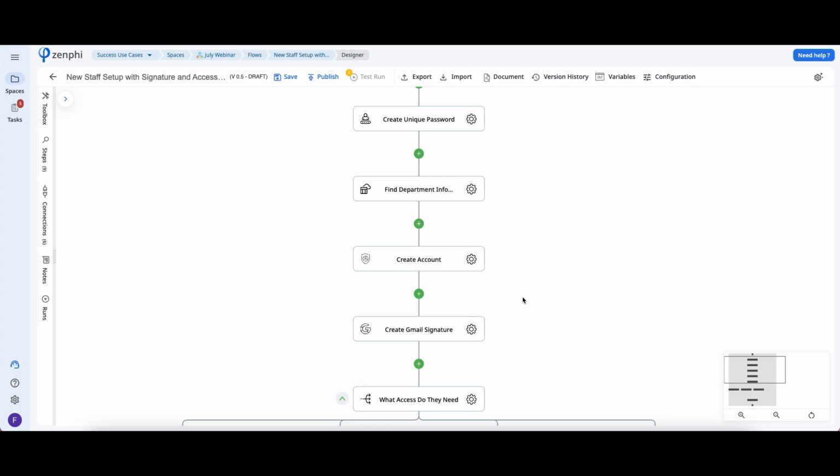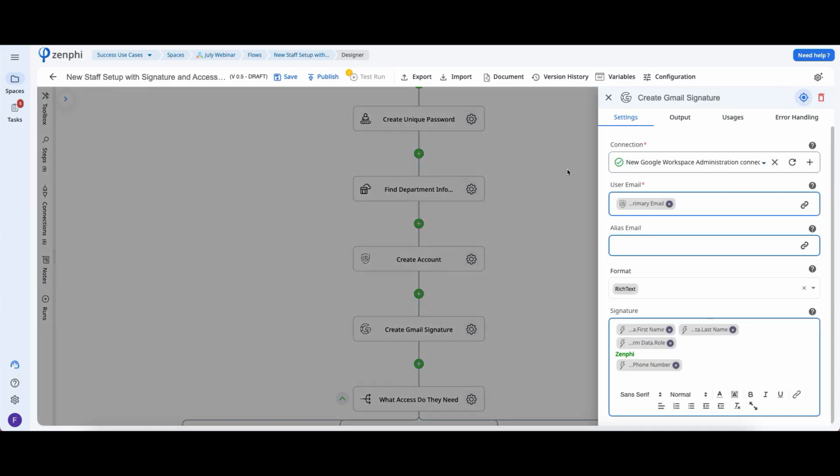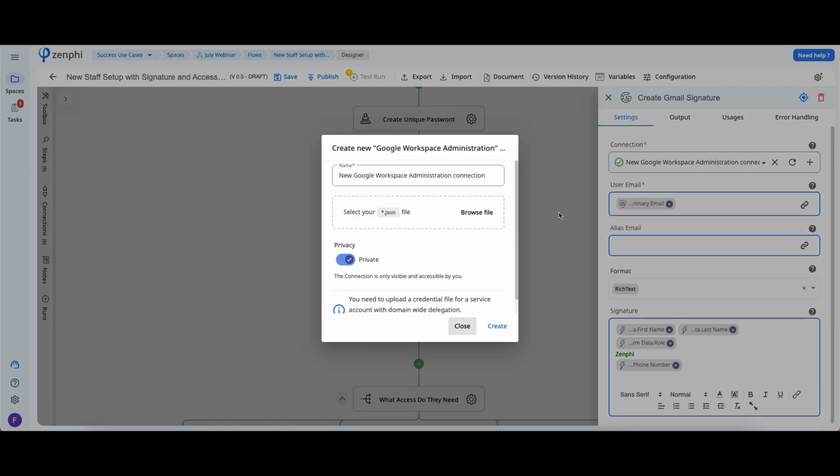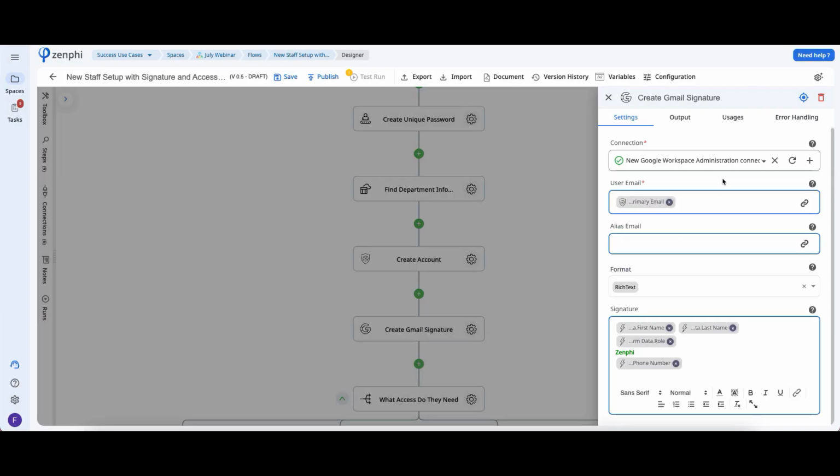Now that we've created their account, we're going to proceed to create their Gmail signature. To do that, we're going to use our update Gmail signature action. For this, you're going to need a Google Workspace admin connection. This means that you're going to need to upload a credential file for a service account to be able to use this connection. You're going to need to indicate the user's email, which we have from the previous action, and then you can choose if you want to create the signature in rich text or HTML. You can add formatting, change the type of font, add text in bold, change the color, etc. As you can see here, I'm adding their first name, last name, the role, the name of the company,